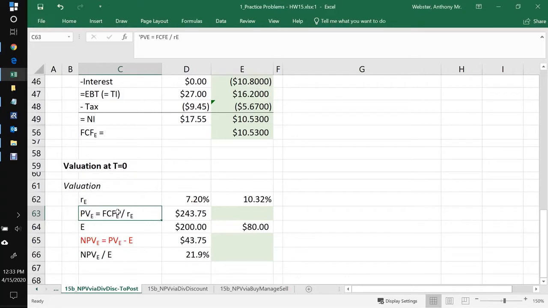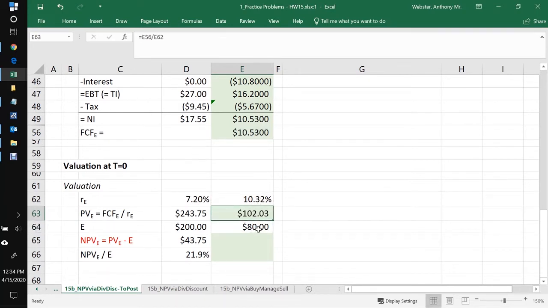That just comes from our perpetuity equation, that the present value of all the cash flows of a perpetuity is equal to just one of those cash flows, they're all equal, divided by the discount rate, which is the equity cost of capital in this case. So all I need to do is take my free cash flow up here and divide this by my cost of equity capital, and I get